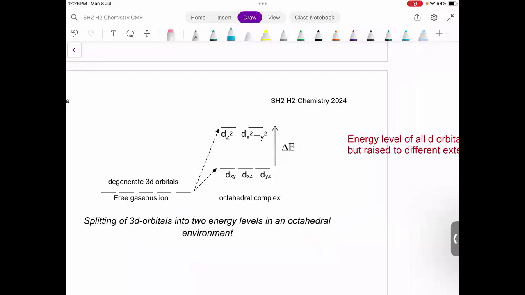Okay, so more or less that. The gist is there is a repulsion experienced when your cation center interacts with